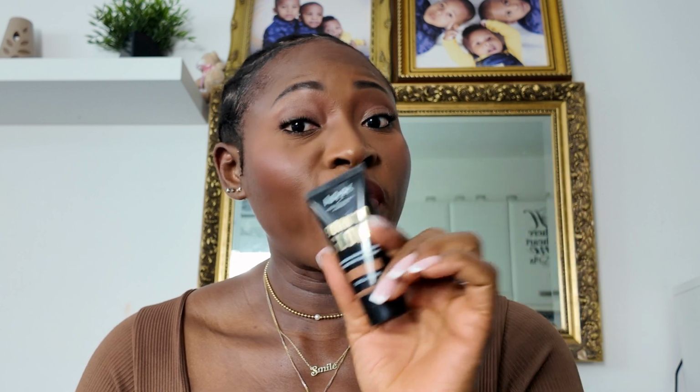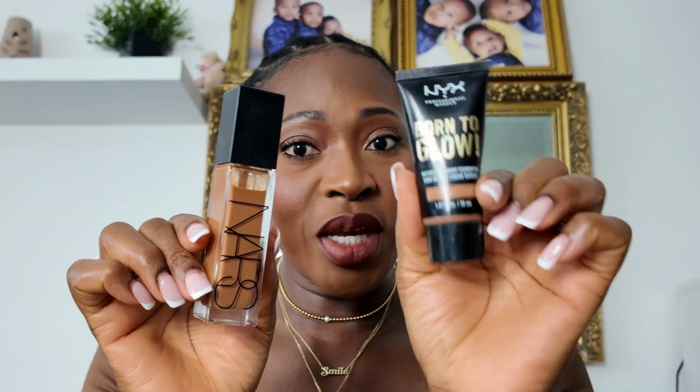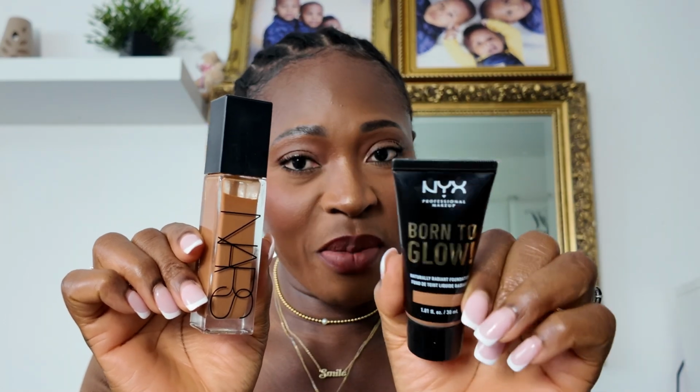If you haven't tried this foundation, this one is the Natural Radiant Foundation. Both of them are radiant foundations. Honestly, save your coin, get this one. I prefer this one to this one anytime, any day. And I don't have enough in this, and I heard they've discontinued it. I've tried to see if I can get a backup, but I can't. But yeah, these two, if you can lay your hands on this, honestly, grab it. This one, the shade that I use is